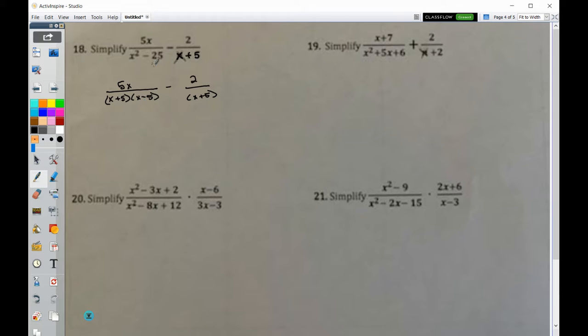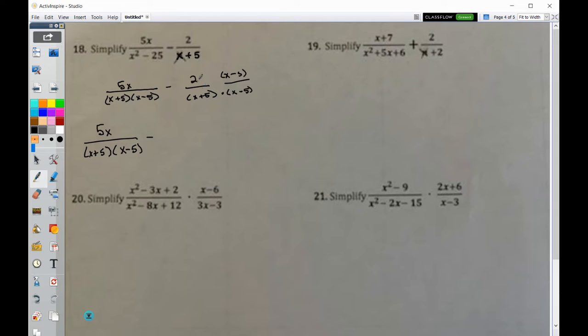So this is this denominator. It looks like this now. Same thing, just looks a little different. x plus 5 over here. I put parentheses around it so I can associate it a little better. It also helps me see that this one just needs an x minus 5. So I need to multiply the numerator and the denominator of this side by x minus 5. All right, so now let's take our time here. We've got 5x over x plus 5, x minus 5,